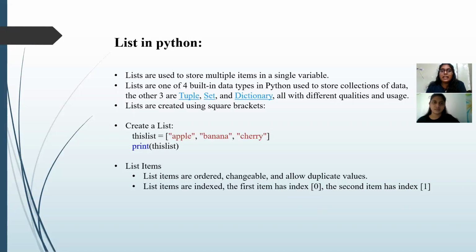We can access the element with the help of the index. It has a definite count. Every element of a list has an index and a definite place. So let's see the further topic.